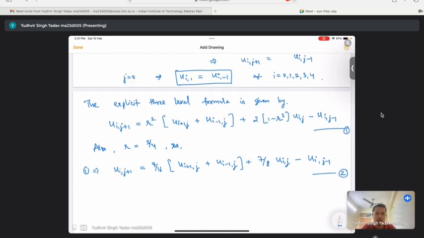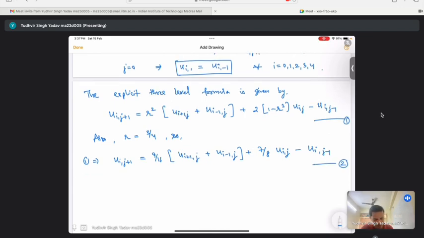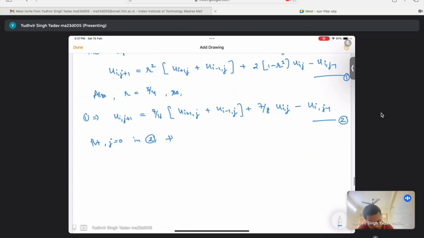Let us number this equation number 2. Now the next step, as we have seen, is that we will put j equals 0 so that we can find the values at the first time step. So put j equals 0 into it, then we will have